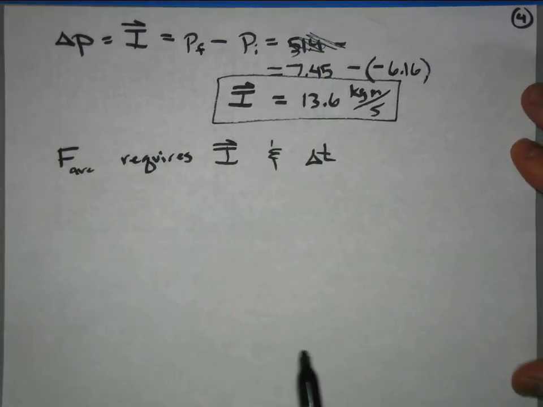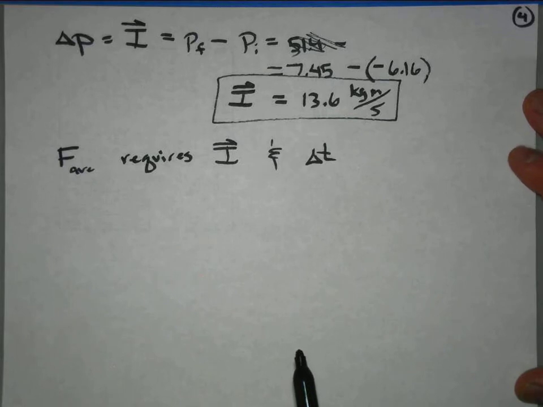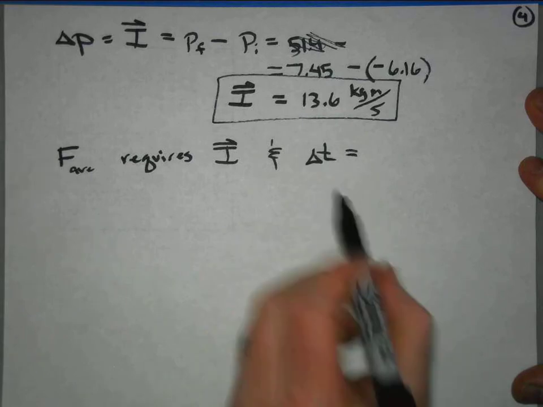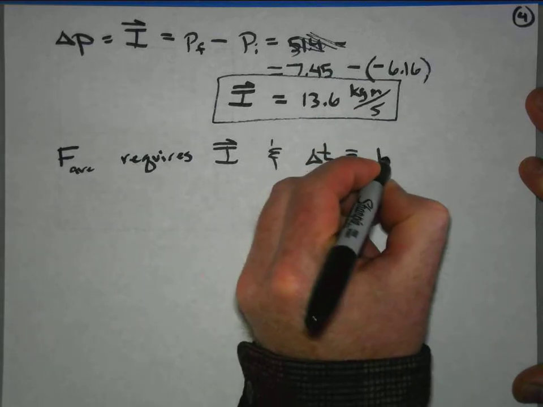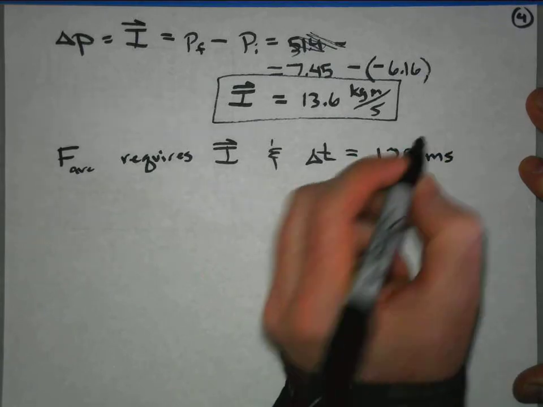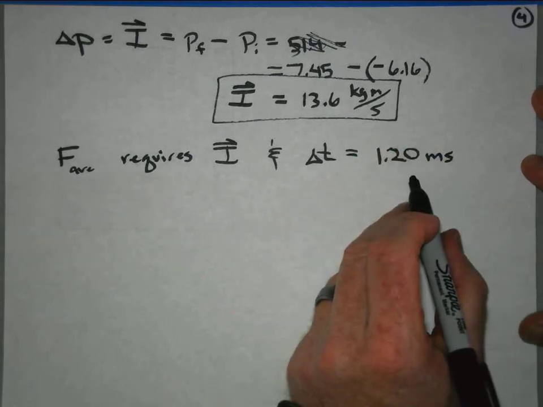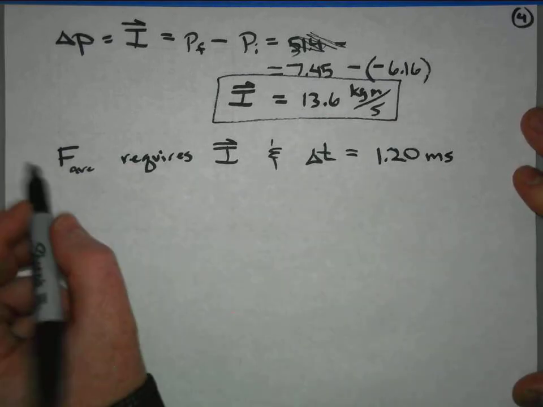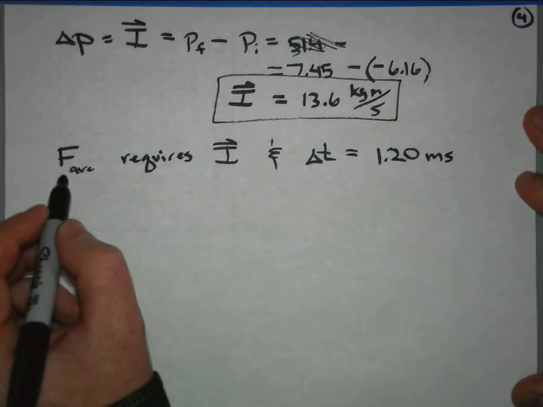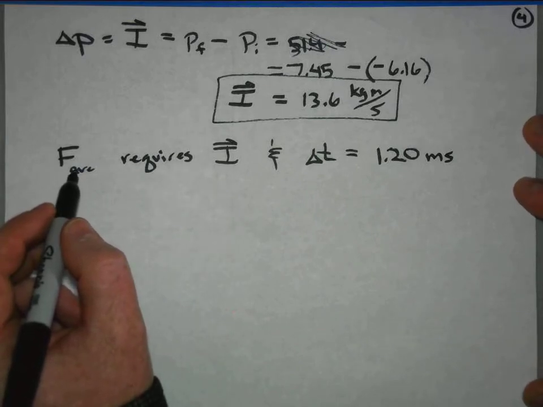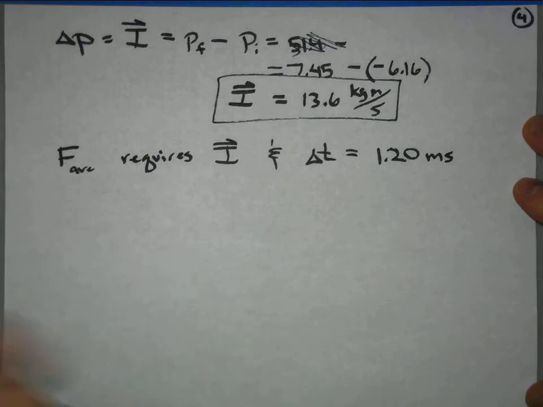So let's say that our time interval is going to be really short. I mean, this happens in an extremely short period of time. And it's been measured before. You would find in the vicinity of 1.2 milliseconds is the time of interaction between the bat and the ball when this happens. It's a very brief period of time. But remember, we're going to be trying to solve for the average force. And from the definition of impulse, and also from the impulse momentum theorem,